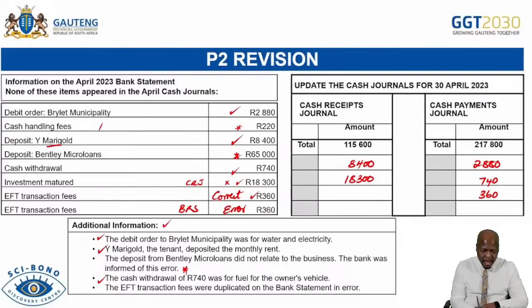The other aspect that is not ticked is the cash handling fees. So you can see these are bank charges as well as EFT transaction fees. These are also bank charges. So someone would have come here and said plus 220. So you would see that someone might have just recorded in total 580 over there. That is a total of the 360 and the 220. One of the EFT transaction fees is correct. Then the next one is an error. So we are going to correct that one. We put a star on it as well. All right. Can I move on to the next one? Let's do that.